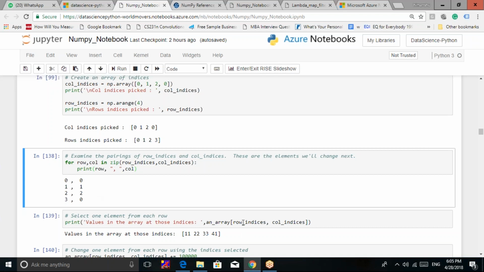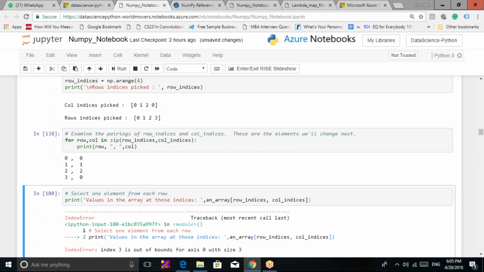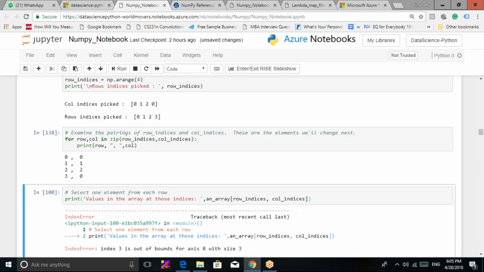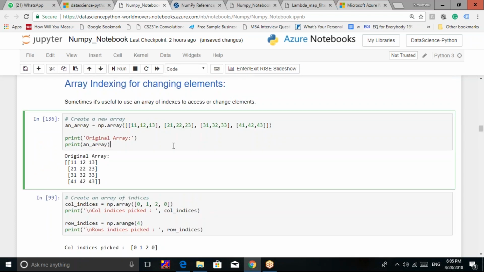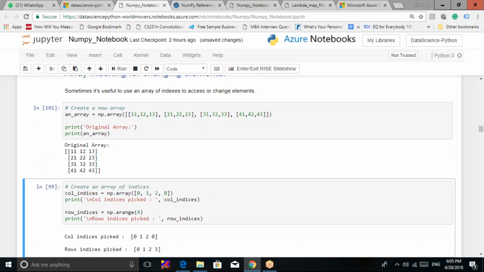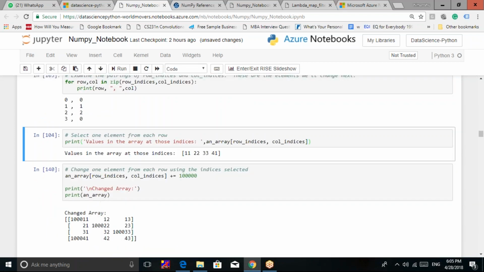Now if I run this row indices and column indices, it will take each of these values. What's the error here? अच्छा मैं इसको रन नहीं किया शायद मैंने, सॉरी। ये तो रन किया, ये रन नहीं किया।